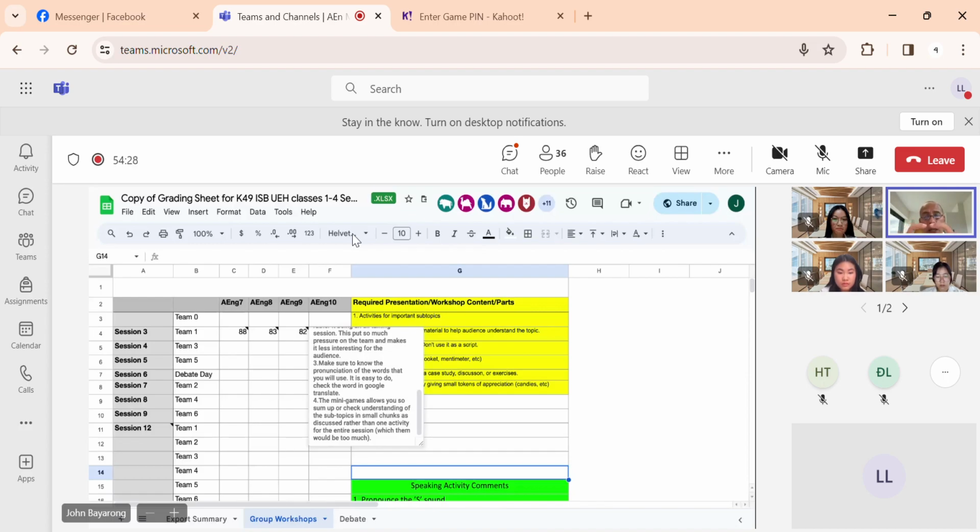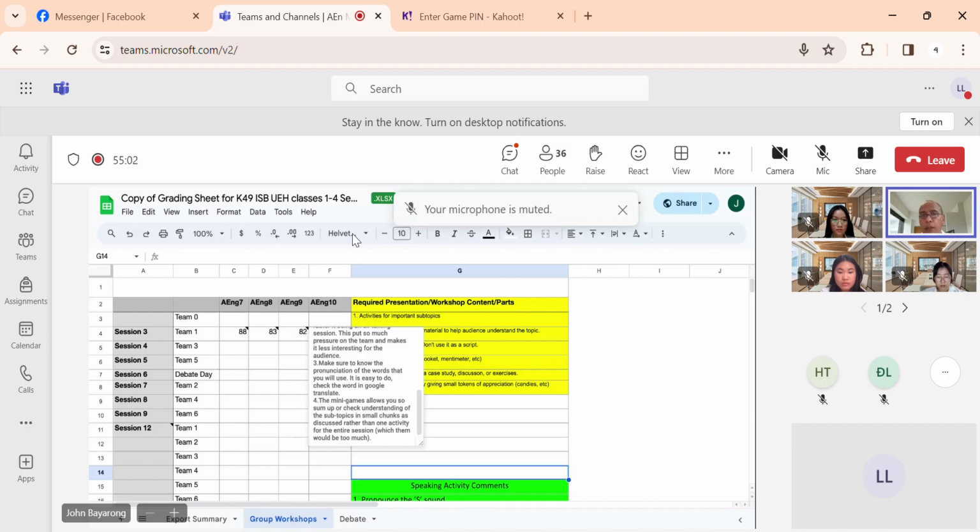These mini games allow you to process small chunks of your presentation or workshop rather than one big chunk of information, with a mini game or mini quiz at the end. Just like what you said, in the end you had two chapters to remember for your Kahoot rather than small bite-sized activities.